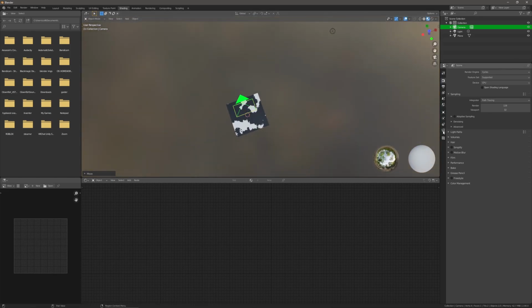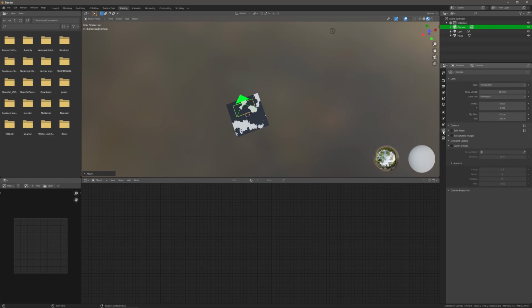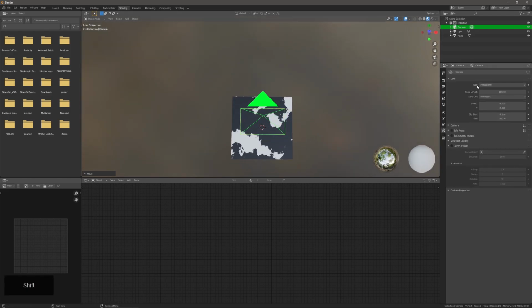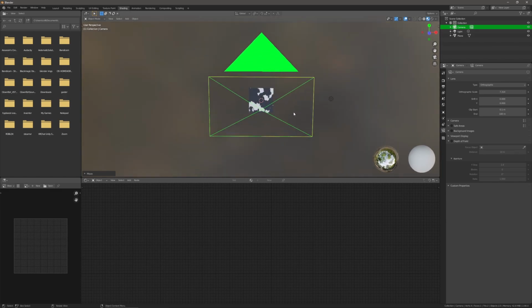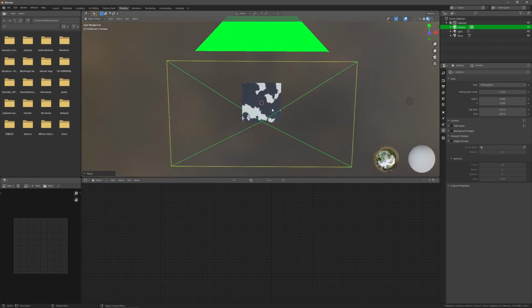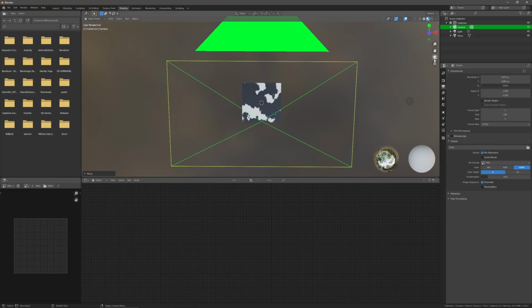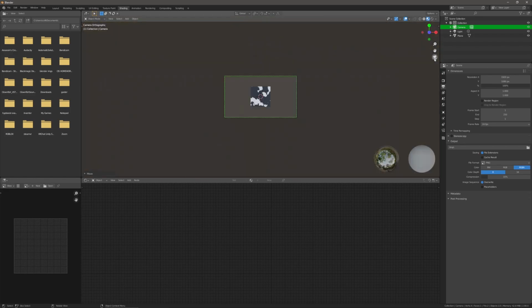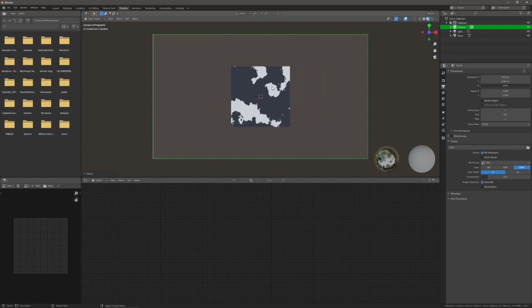We're going to then go to the camera settings right here. It's the object data properties, and in this case it's a camera. We're going to go to the type up here, and we're going to change the view from perspective to orthographic, and this will make it so we can change how we view the image, and we can make it square if we want. We can then change the size of the camera specifically if we go to our output properties. And if you really want to get what the camera is doing while you change it, you can press numpad 0 or click this camera icon. I don't have a numpad because of my keyboard, and so I click that button to access the camera.